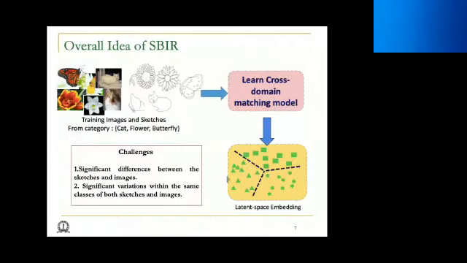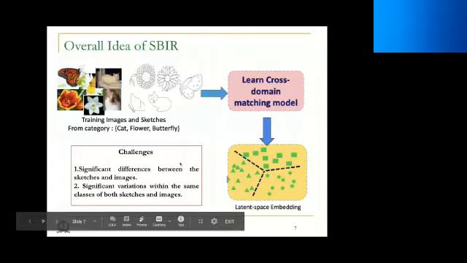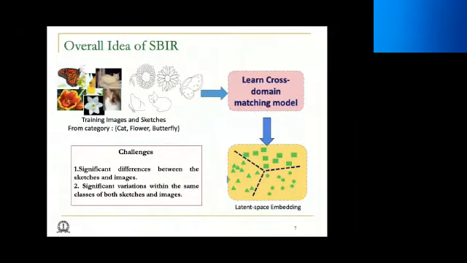Right. So now coming to the exact problem of ZBIR, which is the short form for sketch-based image retrieval. Here, the input is essentially images as well as sketches. As you can see, you have images here and you have sketches here. So these are input to the algorithm. Okay? And then what your algorithm does is to learn a model where during testing, if you give in a sketch, then it can retrieve the images. Okay, so this is the basic idea, that during training, you have both images as well as sketches, and then you give it to the training algorithm.